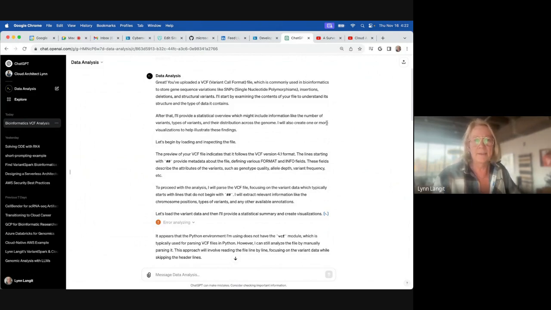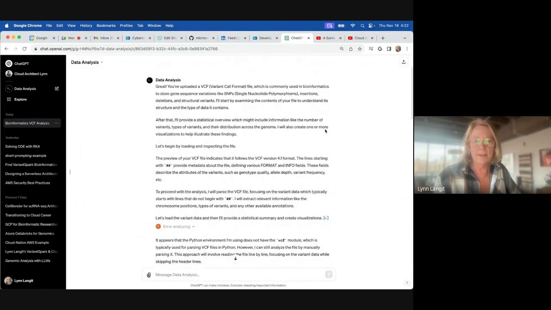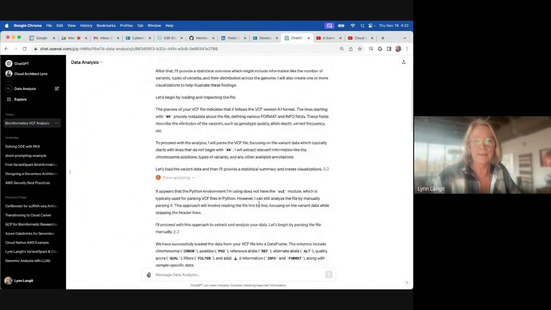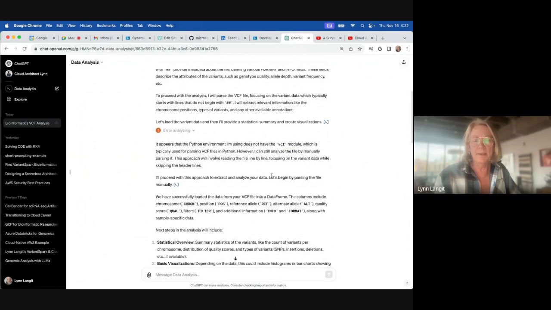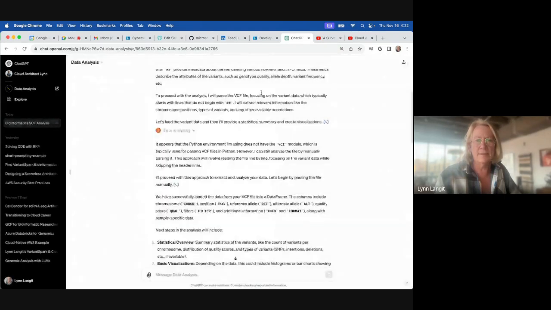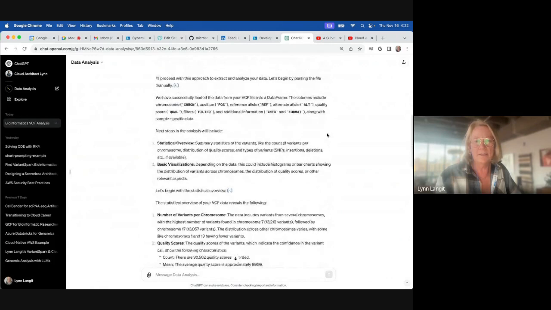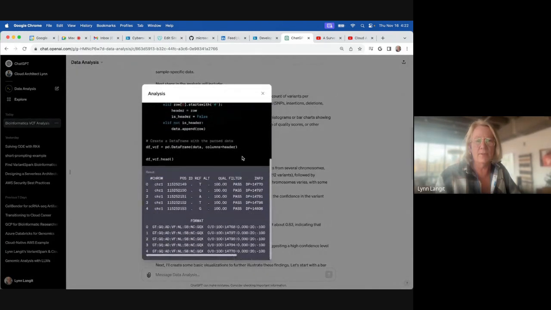And it says, I don't really have the library that I would need to look at this. It's actually not the appropriate library, but it's looking for a VCF module, and that's why it had an error here. But then it says, well, I'm just going to go ahead and use Python. Then it generates the code that it uses, provides a statistical analysis, and provides you with a view based on the statistical. Pretty wow.